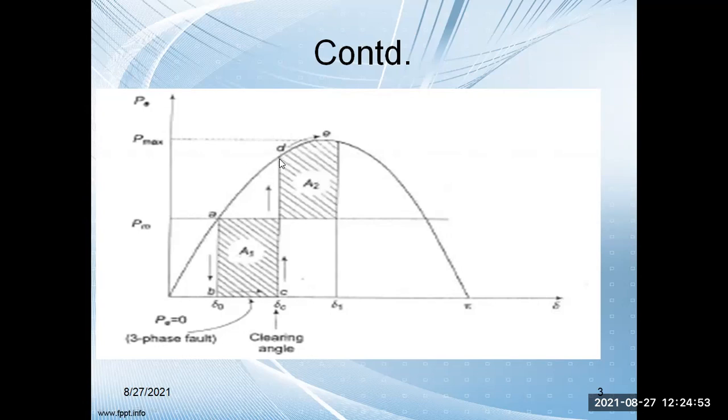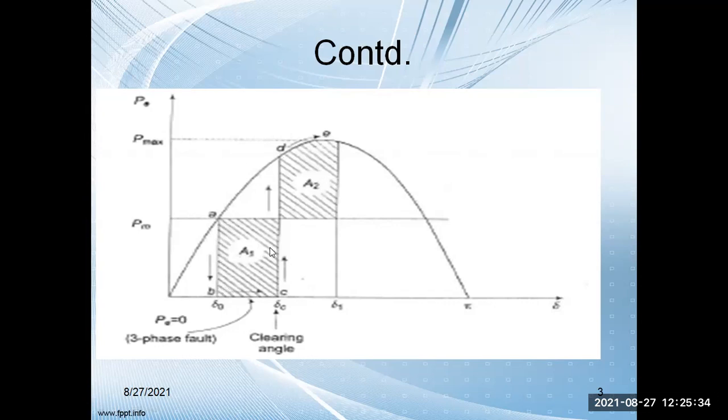The rotor starts decelerating. But when you are closing the switch, it will not happen instantly, due to the rotor inertia. Rotor inertia is such a thing which we need to understand: if you change a certain condition, the effect will not be observed immediately in a mechanical system. It will take some time, and after that, it will settle back to the original condition. Because of that, the rotor gets accelerated for some duration, let us say up to delta equal to delta 1.